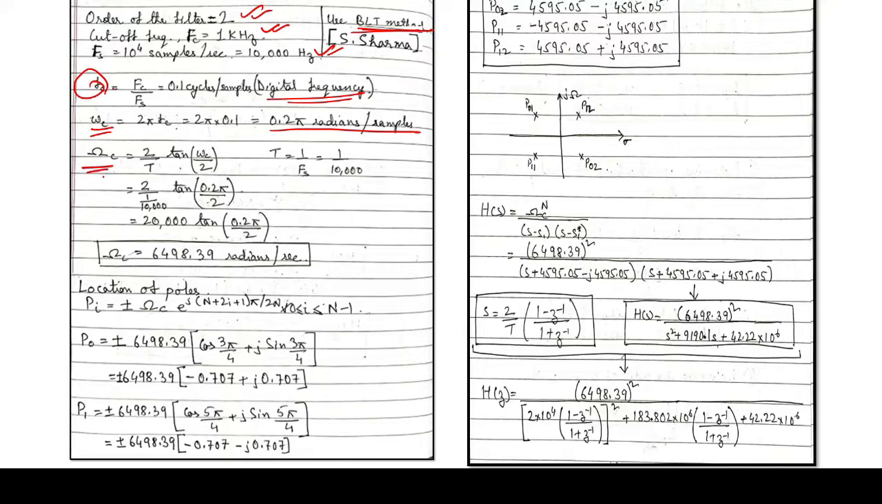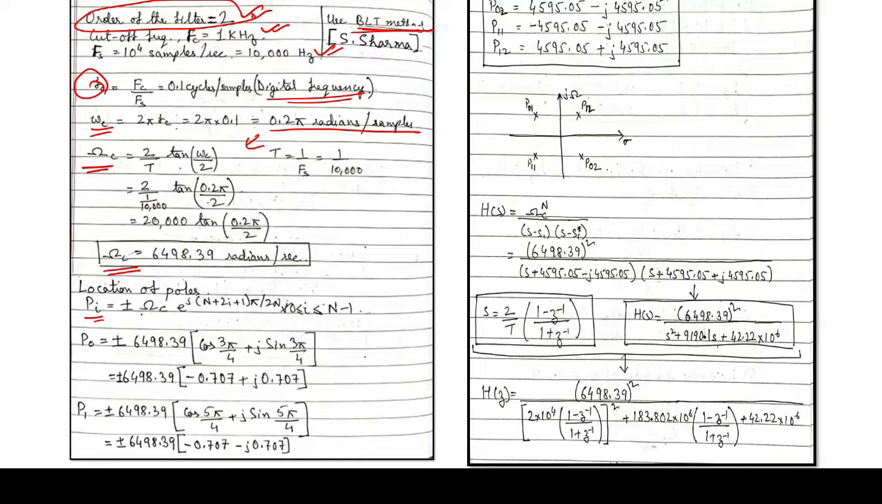Now omega c over here, again by using the bilinear transformation method, we will find out omega c, the analog frequency, because we will be emulating the Butterworth filters, which are analog filters. Now from here, the order of the filter has been given as 2. So we know that there will be 2 poles, and for determining the location of the poles, we are given